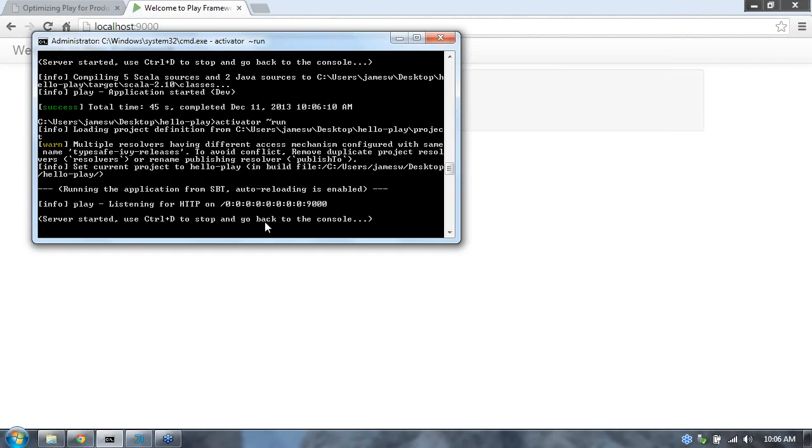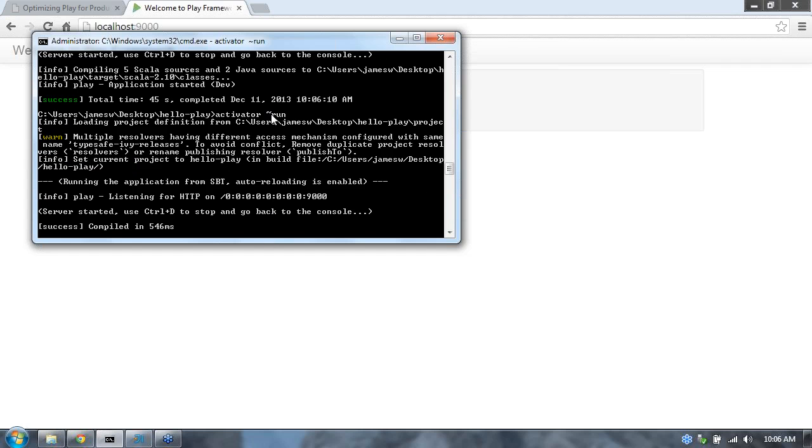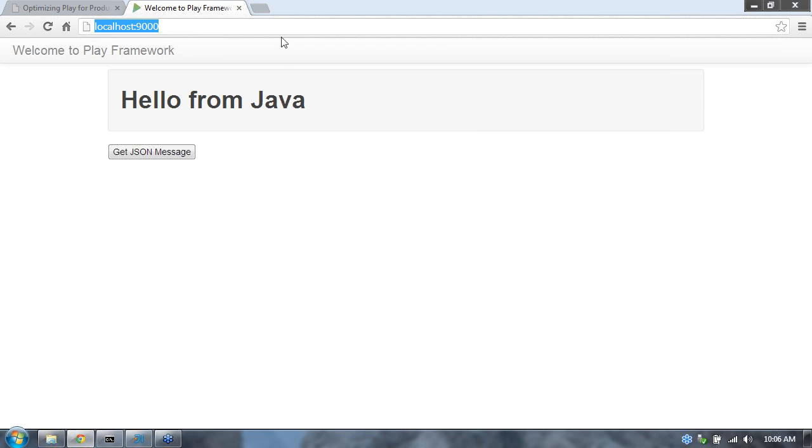The difference with ~run is that it will watch the file system for changes, and now rather than waiting until I hit refresh in my browser, it will instead